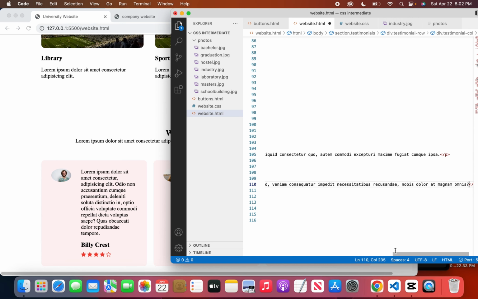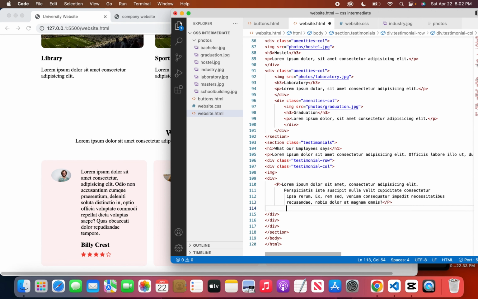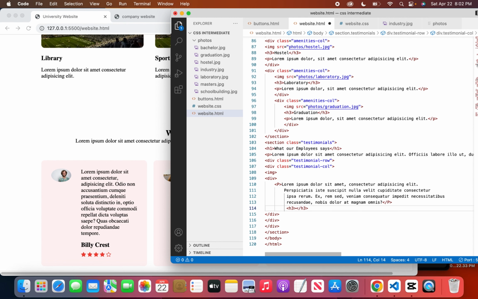I'm also going to add another h3, but I need this thing to come down here. I need this one to also come down here. I need this to also come down here. Okay, so this can be seen. Then I'm also going to call up the h3, and I will give this the name Billy,